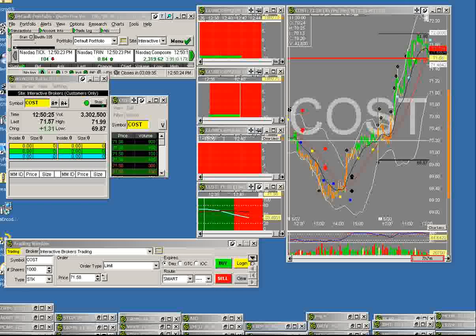The final component of our system is what we call our decision tree. It's a series of 4 charts, all of which have been programmed again and color-coded. And basically the manual tells you how to read the decision tree. If we're trading long, the decision tree needs to have certain color coordinates. If we're trading short, the decision tree needs to have certain color coordinates. We want to be sure that the decision tree matches the direction of our potential trade. That is our trading